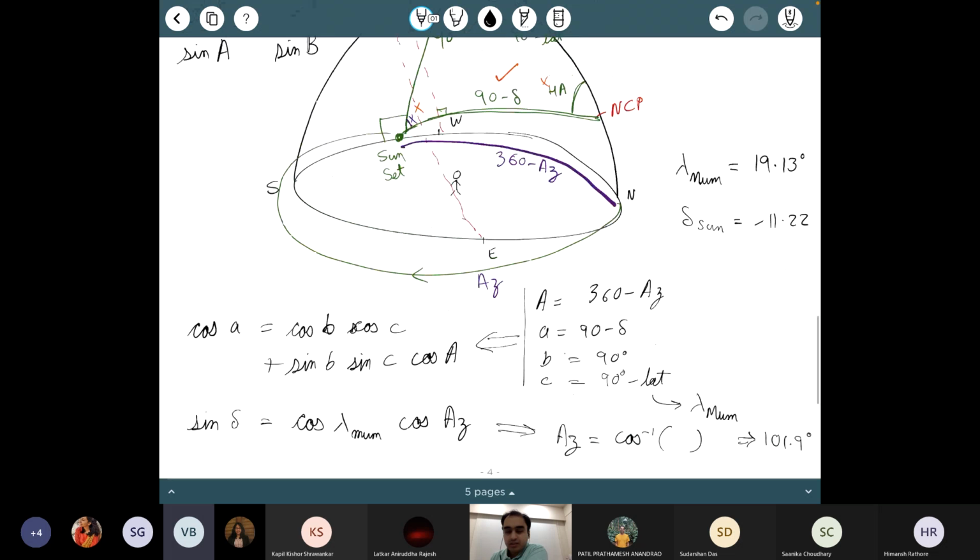Remember that we are trying to find azimuth between 0 to 360, but the inverse function has a range only of 180 degrees, not 360. So what it is telling you is another point on the sky, namely this one, where this equation would have been solved. That actually would have been the azimuth of sunrise, by the way, assuming the declination of the sun does not change through the day. But in practice, what you're looking for really is 360 minus this,